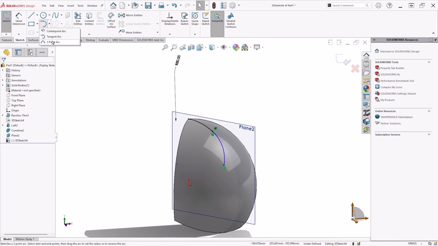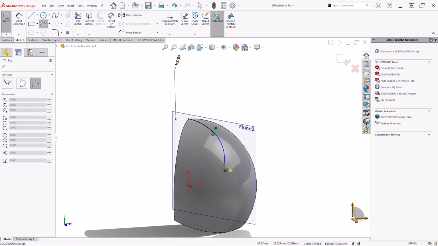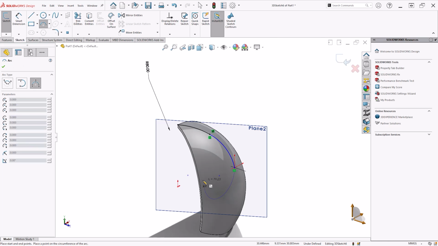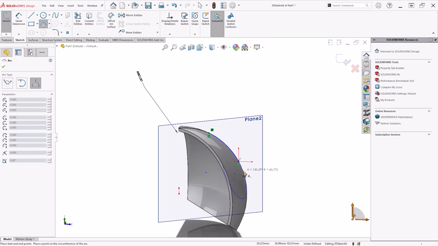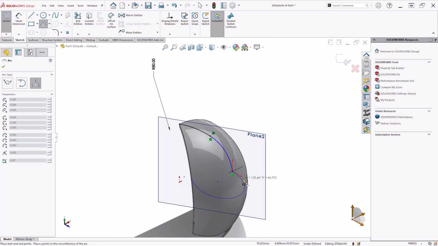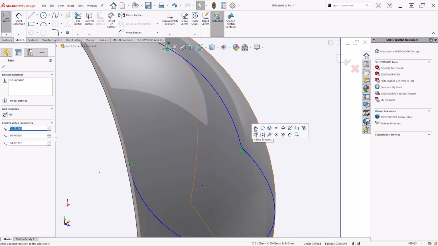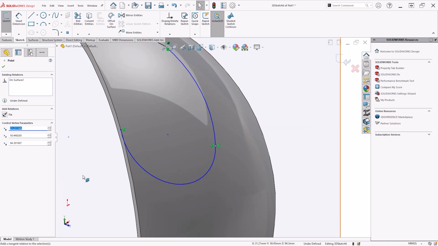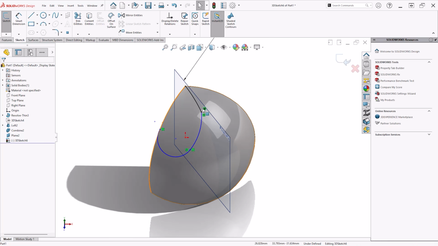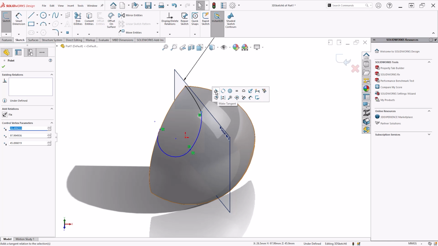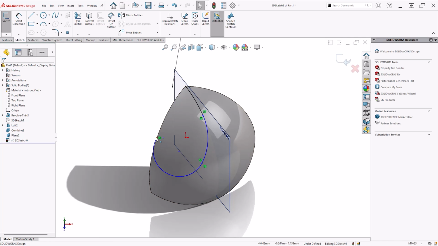Let's just go with a 3-point arc here. So I'm going to go that point there, and I want it to attach to that midpoint. Okay, we will get back to that. So if I go and make that tangent, let's make tangency in here. We've got tangency here. It's coming into there.